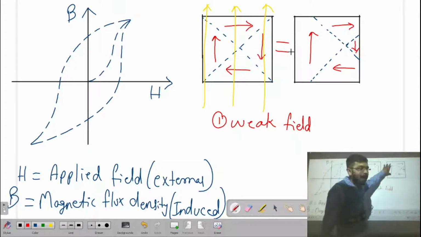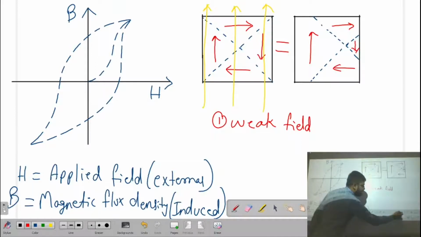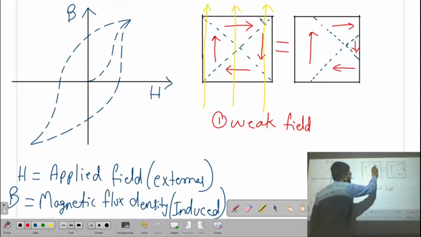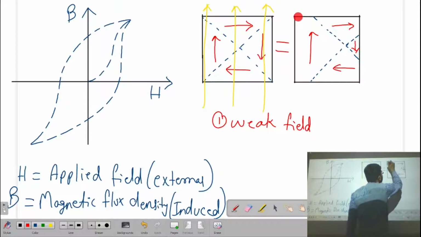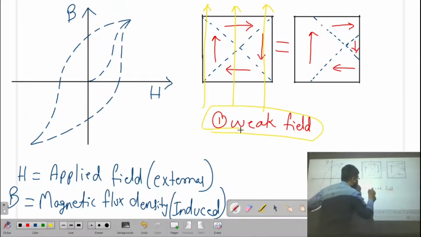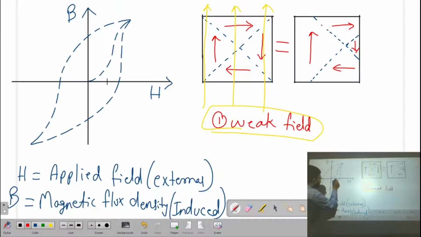Any particular domain which has the same direction as the applied external magnetic field will try to increase its area. Let us say this is 0,